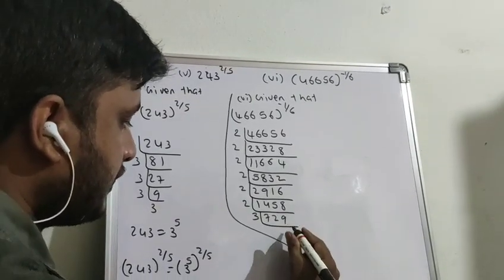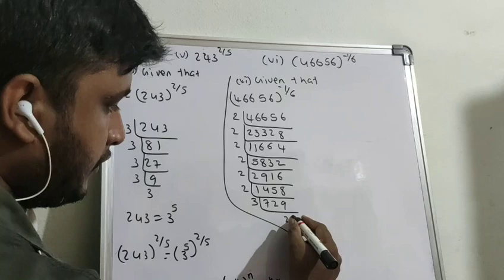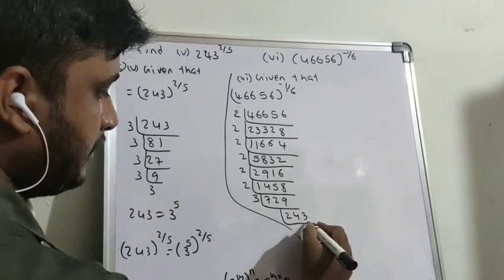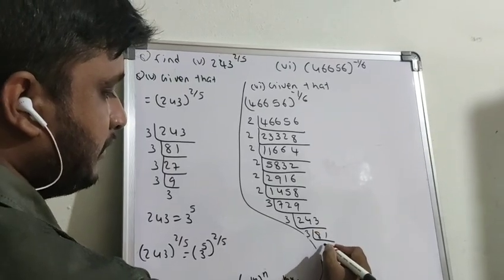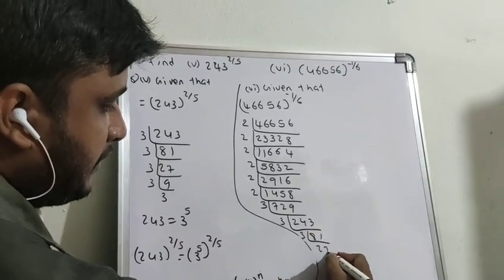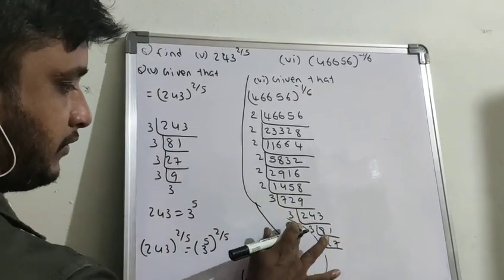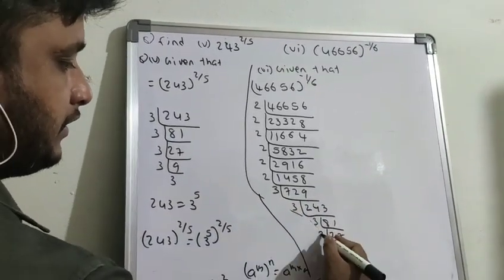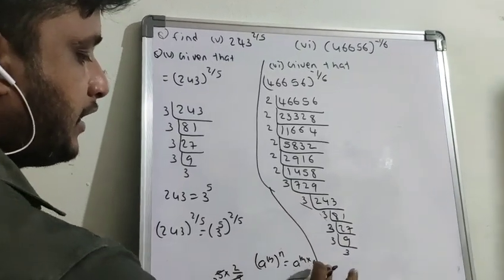7, 2 to the 6, 4 to the 12, 3 to the 9. Again 3, 81 times, again 3, 27 times, again 3, 9 times, again 3 times. If you observe